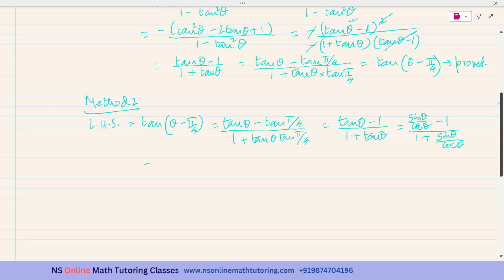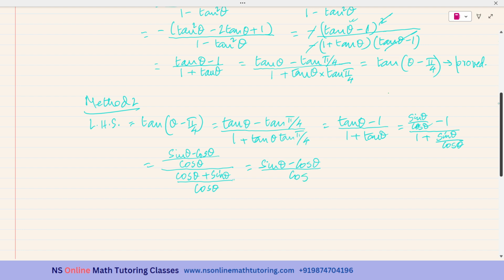So this is equal to sine theta minus cos theta divided by cos theta, over cos theta plus sine theta over cos theta. So this can be written as sine theta minus cos theta over cos theta,